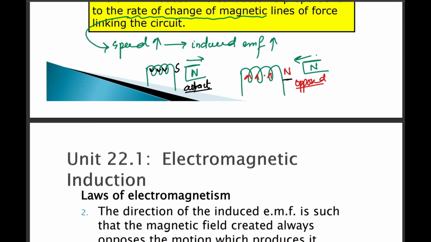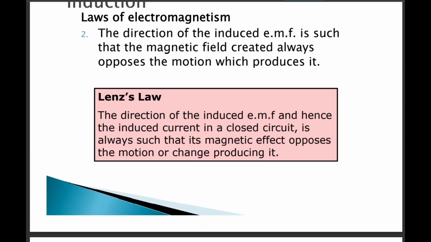This sense of opposition was identified by Lenz, which eventually came to be known as Lenz's law. Now let's try to see it in the context of what the definition is trying to tell us. The definition says that the direction of the induced EMF, again we are interested in the direction of the current in the coil, and hence the induced current, of course the current due to the induced EMF, is always such that